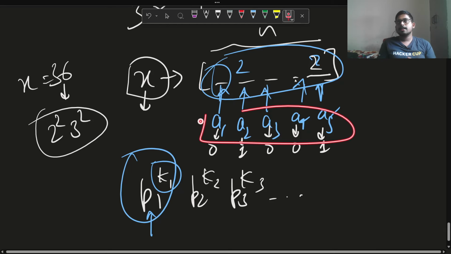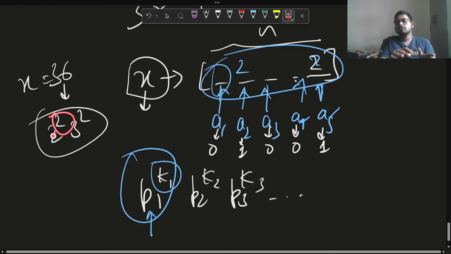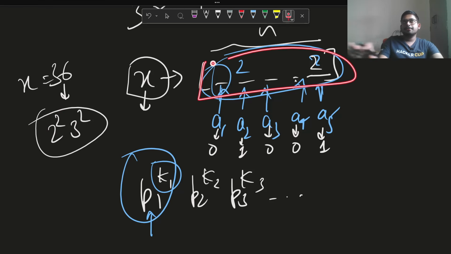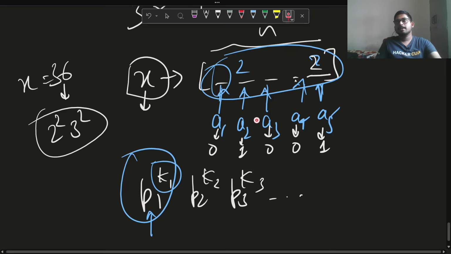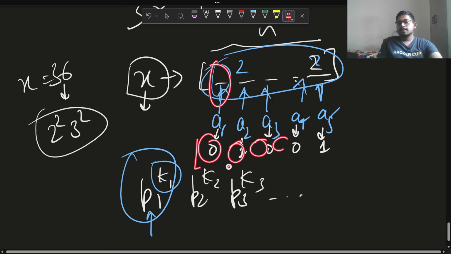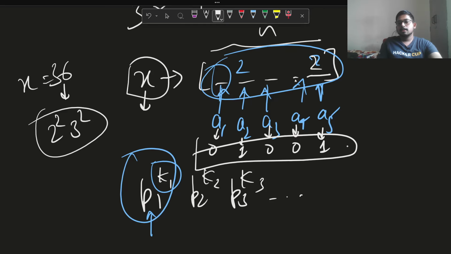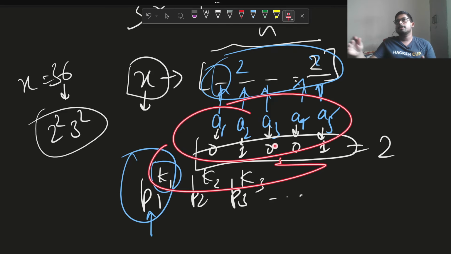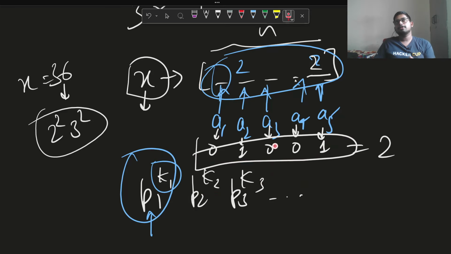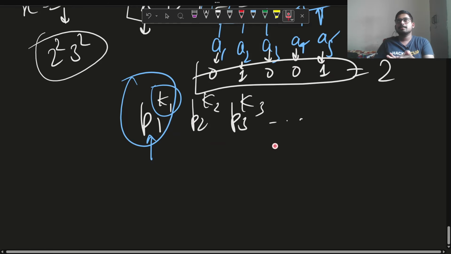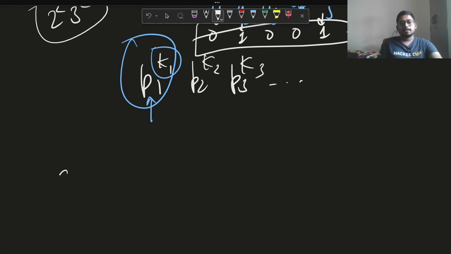So basically we can say that we have to distribute these two 2's into n different places, where one place may have more than one occurrence also. So if you take the frequency of how many times we have 2 here, the sum of these frequencies should be equal to 2. So the number of ways to have an array of size n that sums up to k, this is what you need to find. So you can use the method of stars and bars